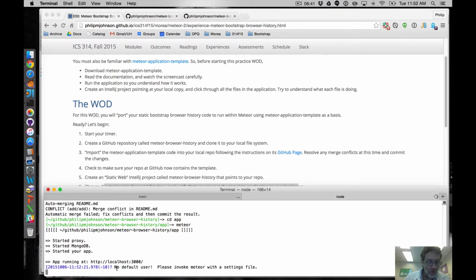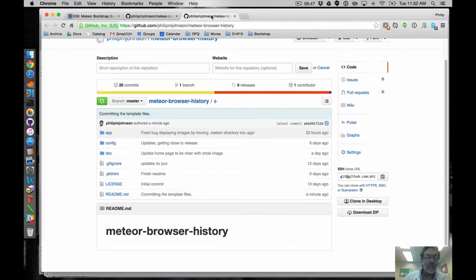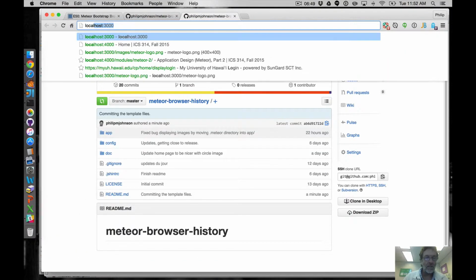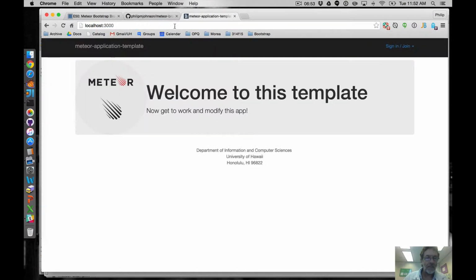Okay, so it says no default user, please invoke Meteor with a settings file. Okay, so that actually doesn't prevent us from actually displaying the template file just fine. It just means that under normal operation,